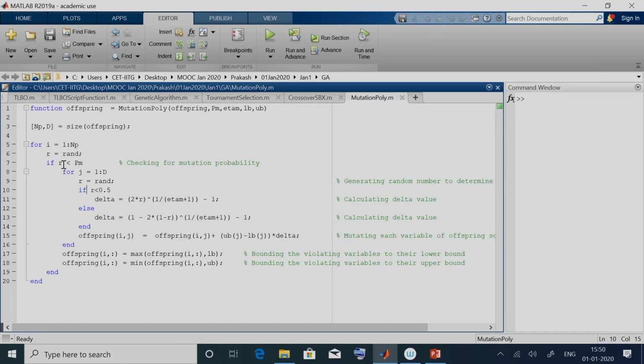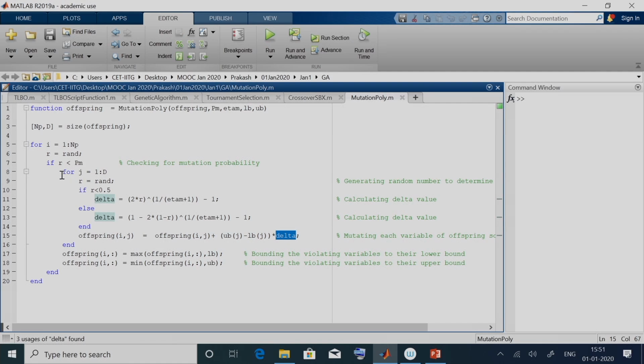If we need to perform mutation, we run a loop for j equal to 1 to d, for all the d decision variables. We again generate a random number r equal to rand, and if it is less than 0.5 we determine delta by this particular equation, else we determine delta by this other equation. Then the new offspring is the current offspring plus upper bound minus lower bound into delta.